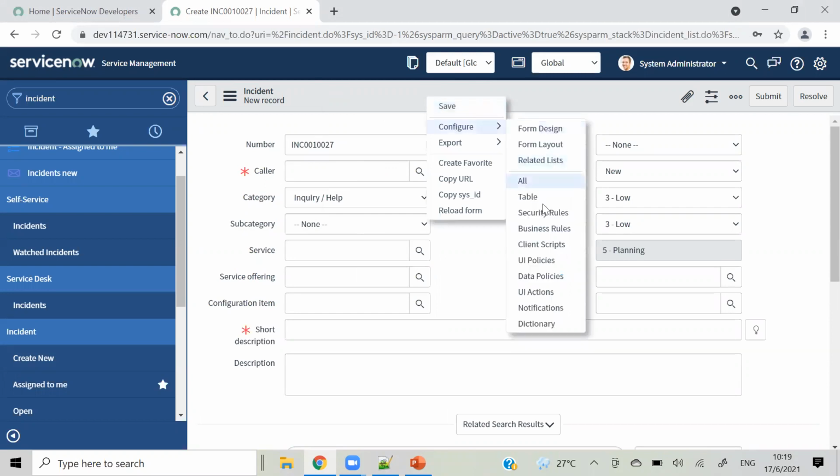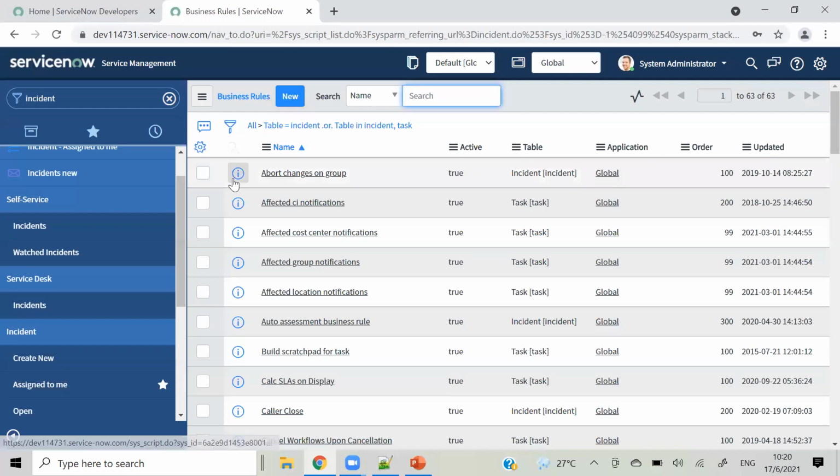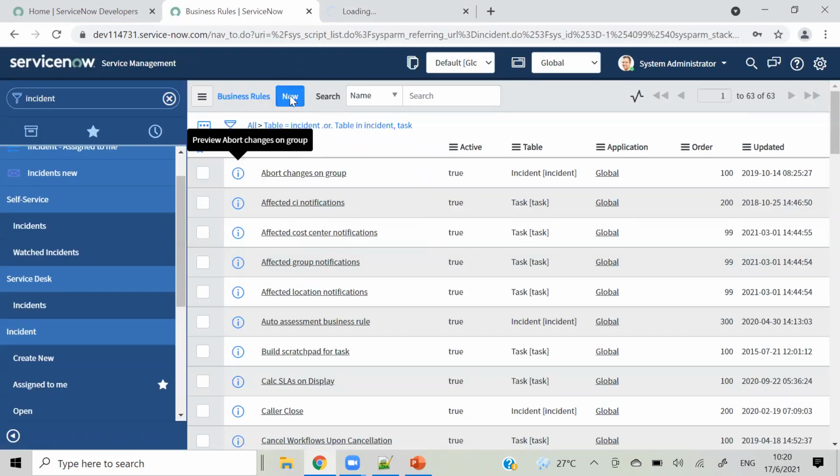On configure you will have these options that we have seen: client script, UI policy, then we have business rule, and the second one is UI actions. Sorry, not UI actions. Where is script include? Okay, script include is not showing here, but you can see that in all. So I'm opening business rule for now. I'm opening any existing business rule, or else let me take a new one.